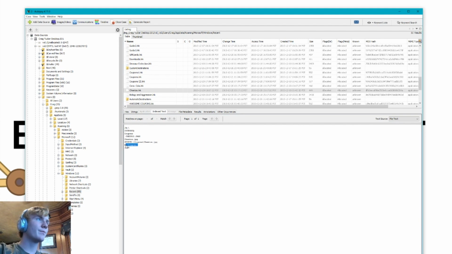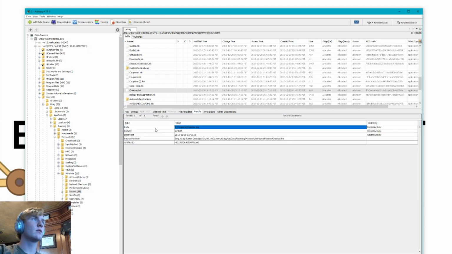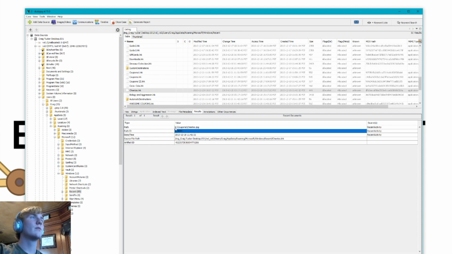So right here, we see something pretty important. We can also go to results to see this more easily. But basically, the path to this link file, to the file this linked file was pathed to, a Cheetos file, if that makes sense, was